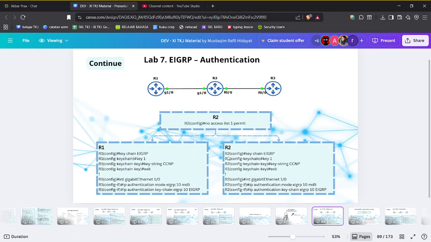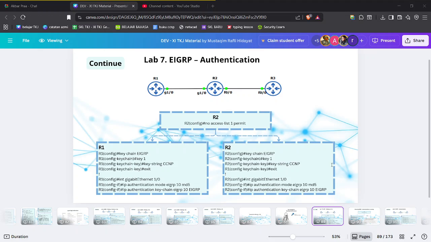So this is how to configure. Here in the lab we configure a key chain called P. Inside we define a key with an ID and a key string. Then, on the interface, we enable authentication mode and apply the key chain. We do this on both router 1 and router 2.